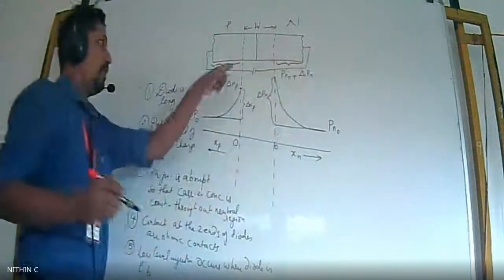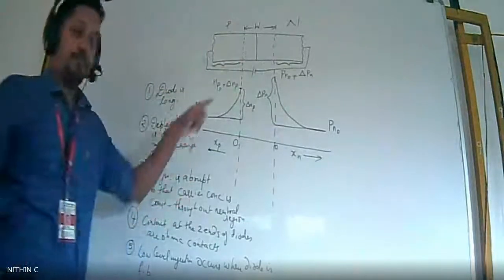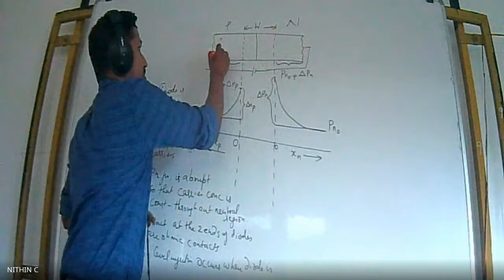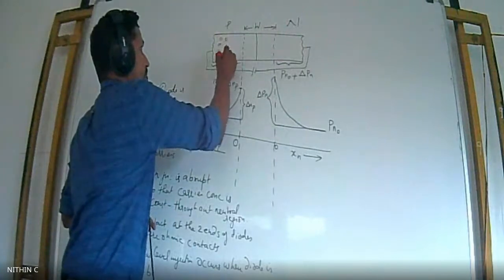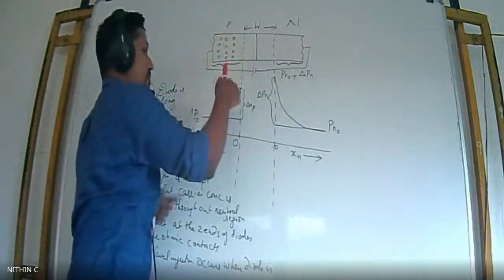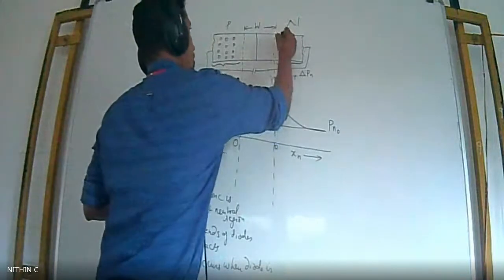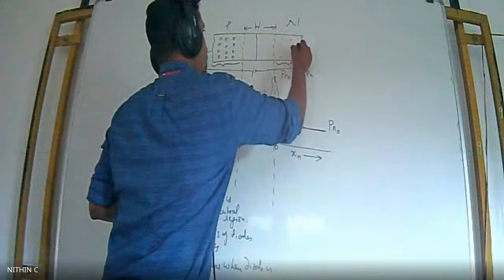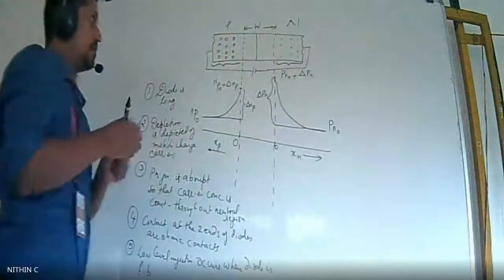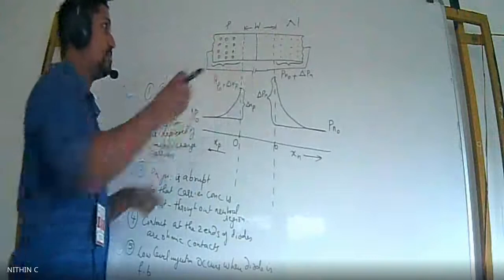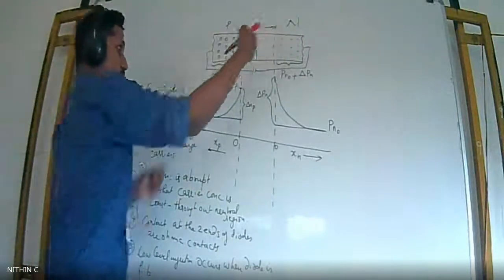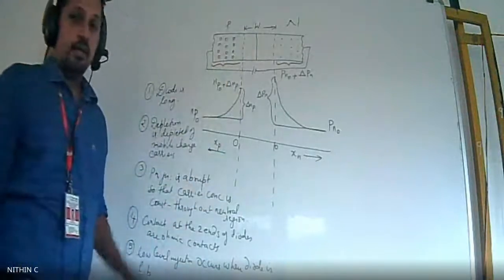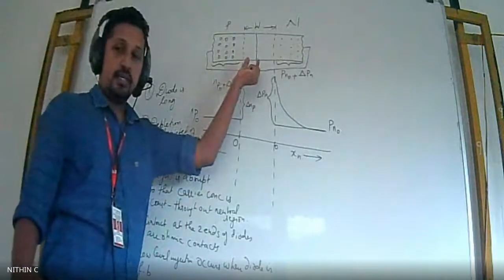See, now I have connected this PN junction diode in a forward bias mode. So what happens is that we are having holes here and electrons on the N side. Right. So what happens when it is forward bias? When it is forward bias, there is a tendency for the holes and the electrons to move in the opposite direction. That is, these holes will reach the N side due to what? Due to the decreased depletion layer width.